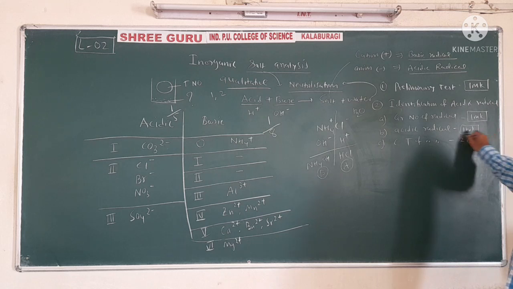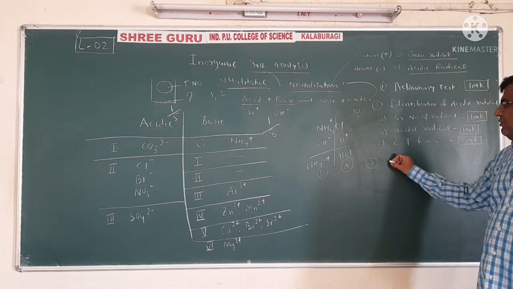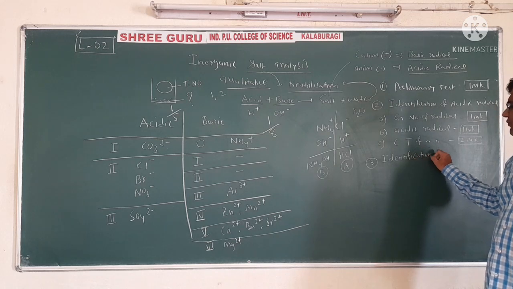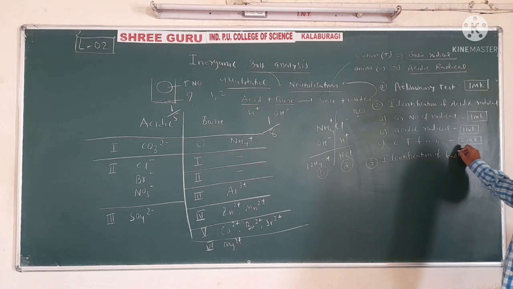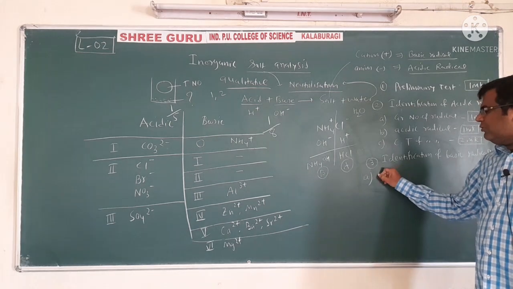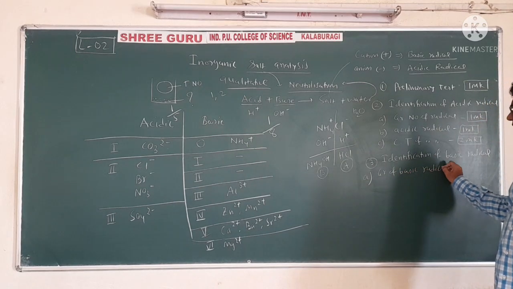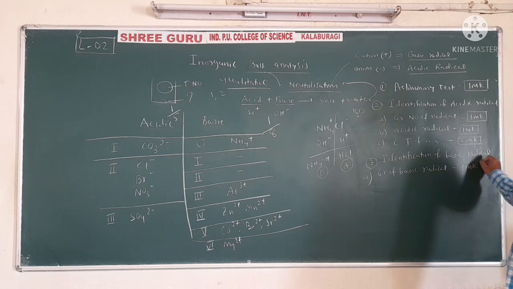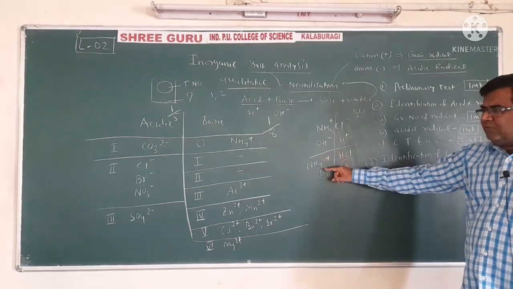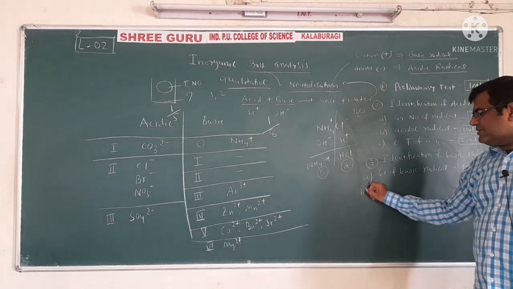It carries 2 marks. Then part 3 of our analysis will be identification of the basic radical. In that, first we have to identify the group of the basic radical. It carries again 1 mark. That means which group is present, whether 0, 3rd, 4th, 5th or 6th, because 2nd and 1st are absent. They are not in our syllabus.